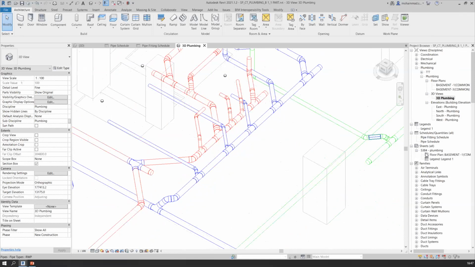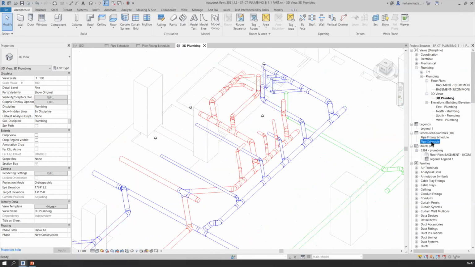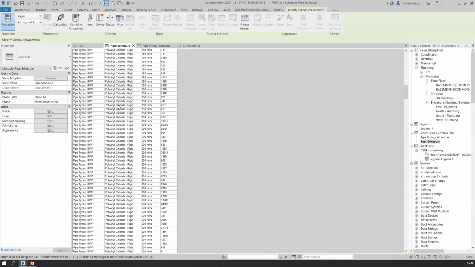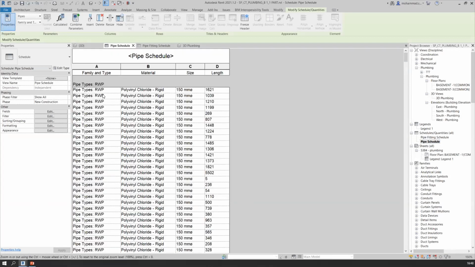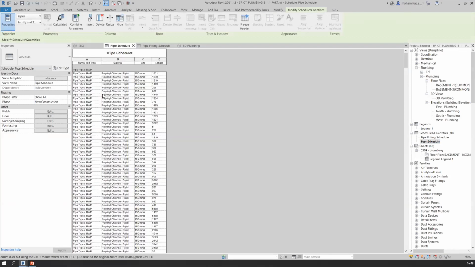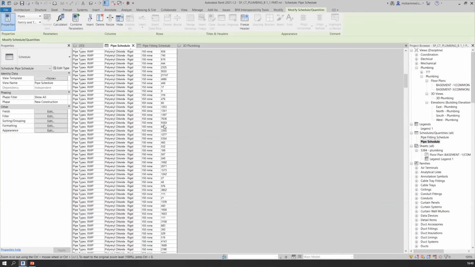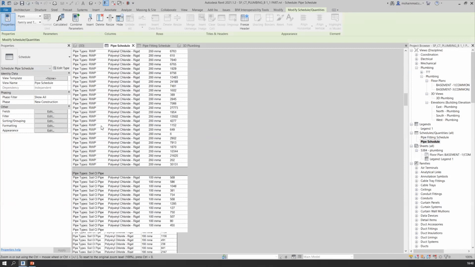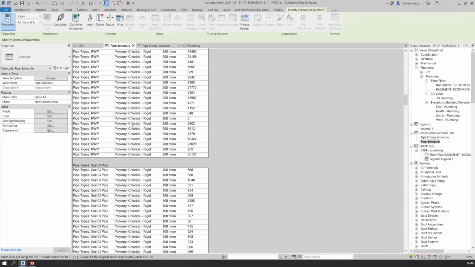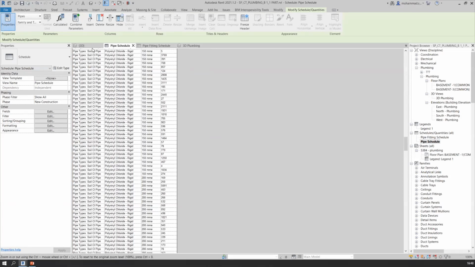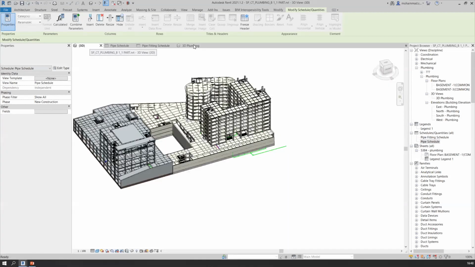And in this model, we have also created a schedule. We have a pipe schedule here, and these pipe schedules are divided according to their types. The first group is about rainwater harvesting pipes. Then the second group, I'll zoom out and get back to it. The second group is actually about soil pipes, and similarly, we have different groups of pipes in this case. It's a long schedule. Then pipes are fitted by using different fittings.